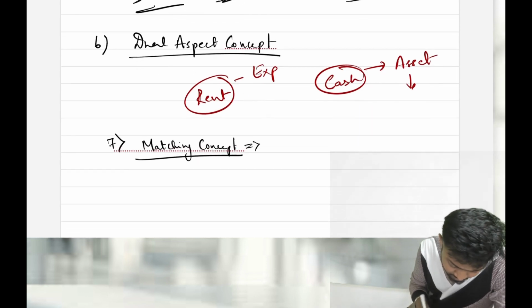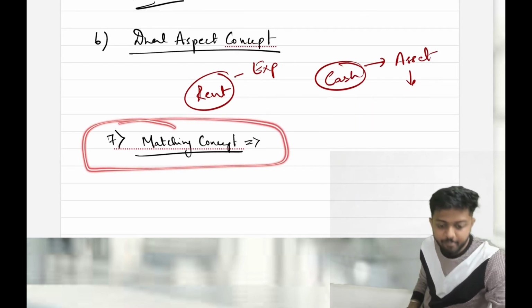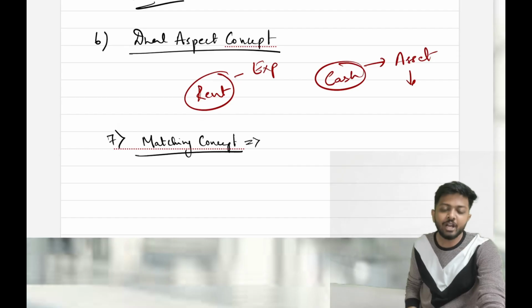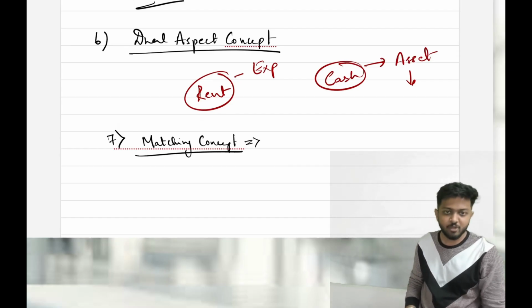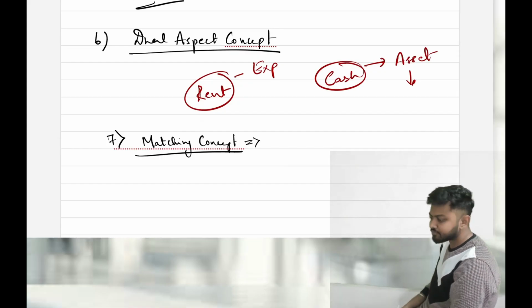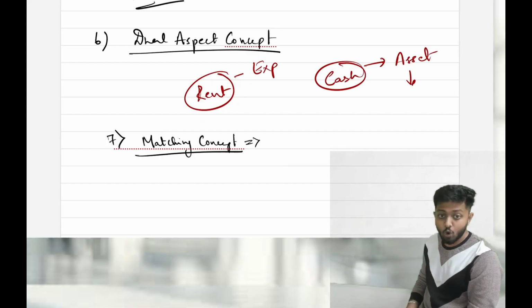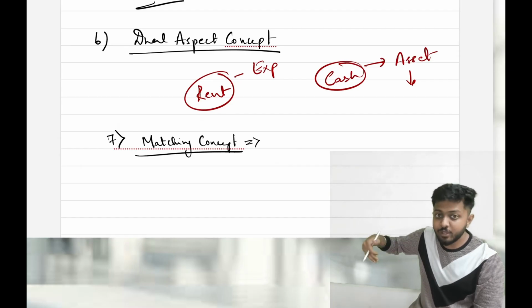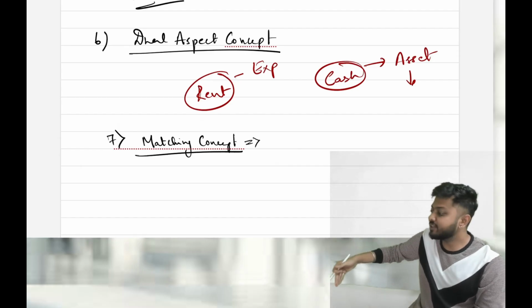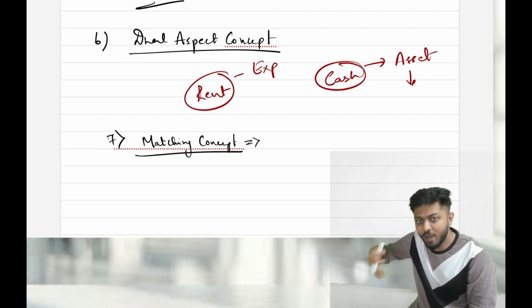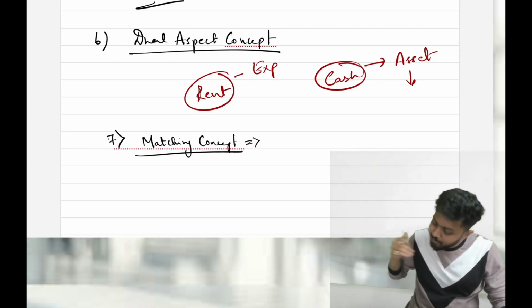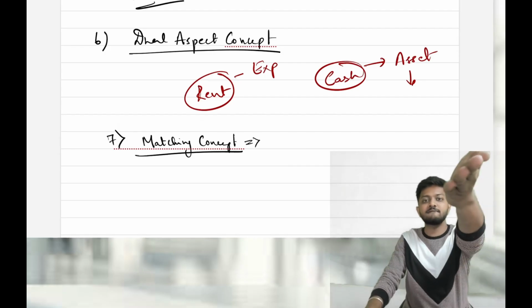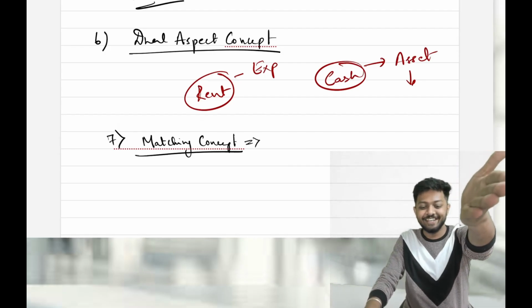Okay. Then we have matching concept. What are they trying to tell in matching concept? Say suppose you are an accountant. Whenever you go to office as an accountant, you have to match with whatever the other girl sitting in the next bench is wearing. You as an accountant should match with her clothes. Okay, that's called matching concept. Understood? Hey, nonsense fellows. It's not that.